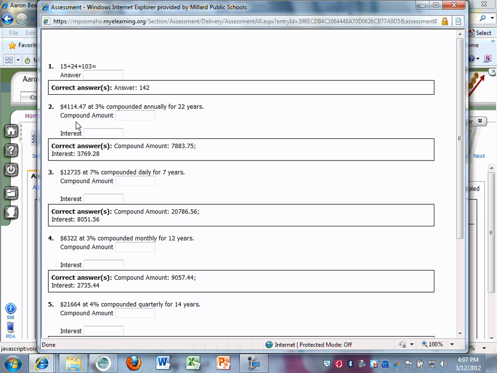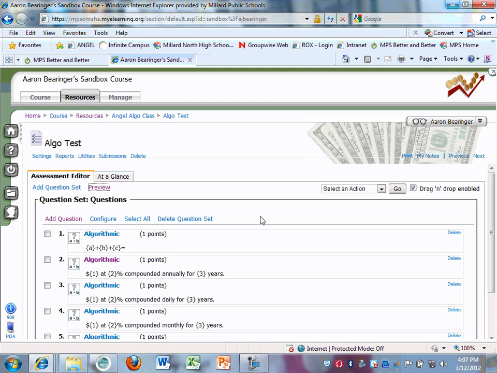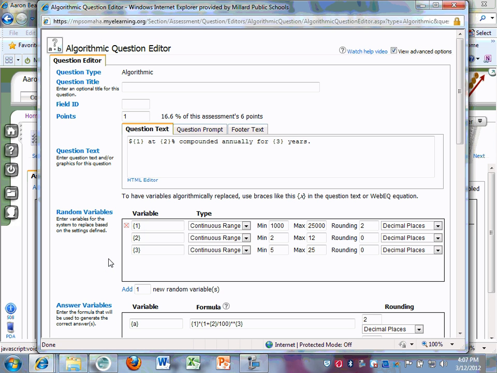So again, you can see all these different ones: compounded monthly, compounded daily. All these things are set up in there, and you might have to double check just to make sure it works for you. But you can go in there and make a story problem out of it. You can just keep everything the way it is, right? And I could come in here, keep everything the way it is, and start typing in Tracy